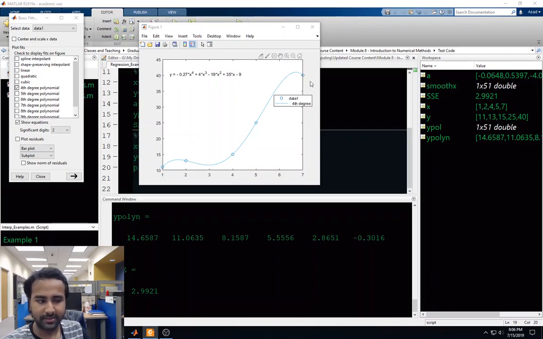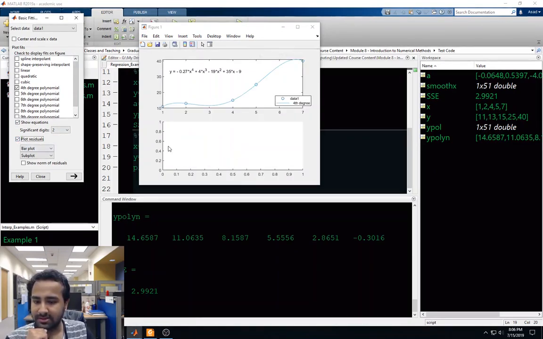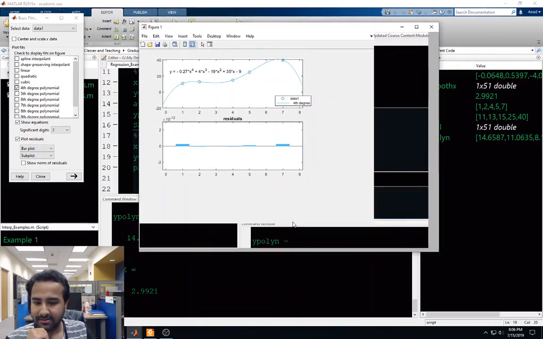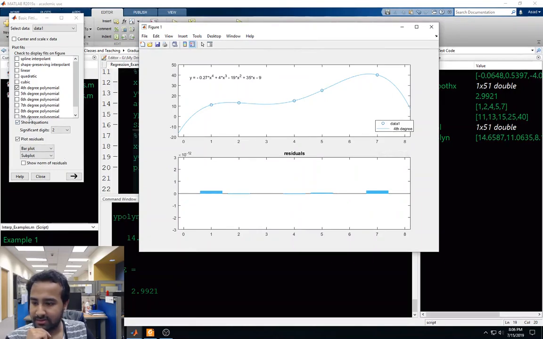So this interpolates between every single point, which is what we wanted. And if we have the equation, it looks like this. And how do we know that it's actually going through every single point? Well, we can look at the residuals. And you can see here the residuals are really small. Look at this graph. The y-axis is 10 to the negative 12. And if I compare that to the cubic,